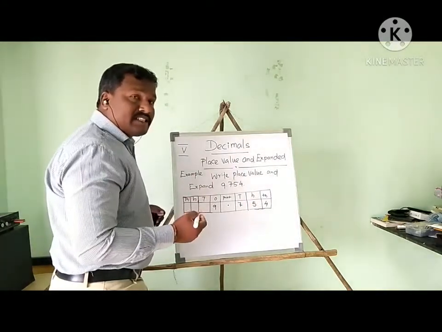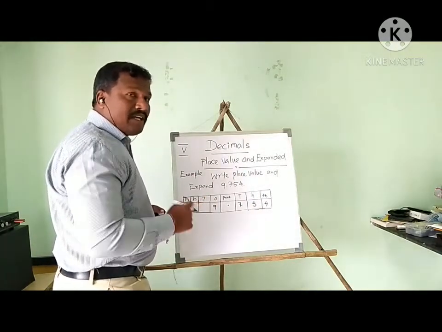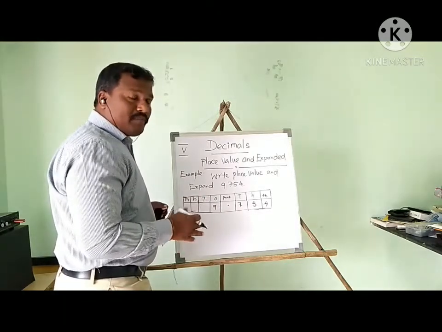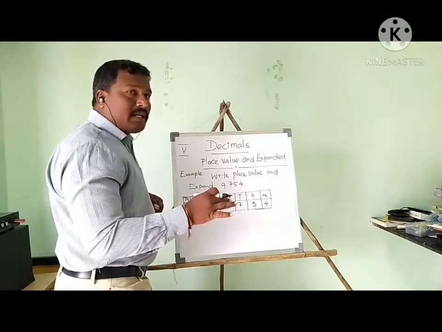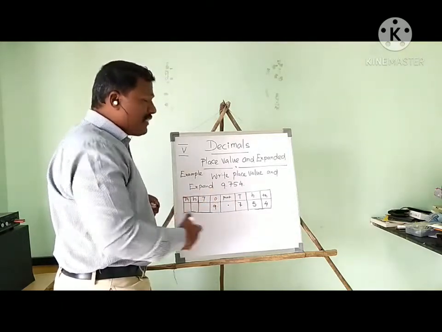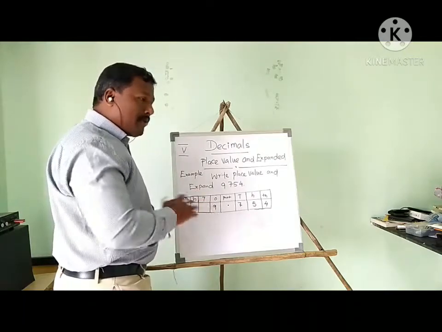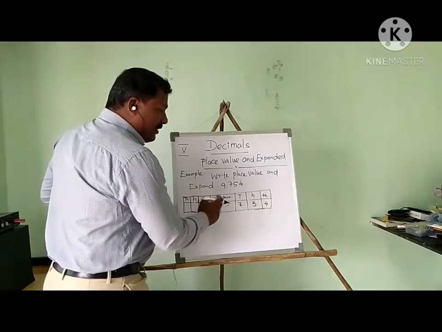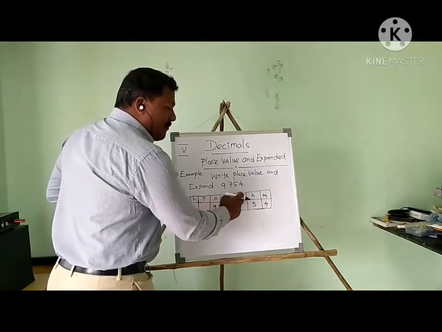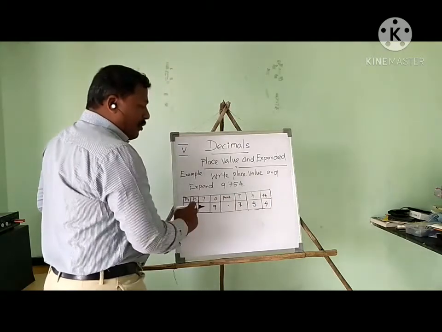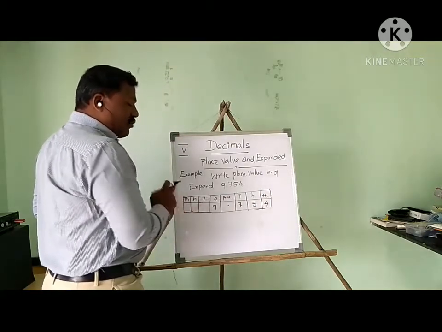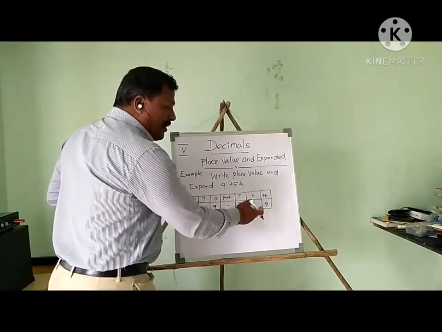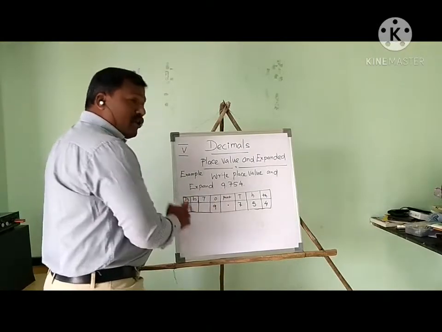We already discussed the expanded form of a number in the first chapter. You must remember that. The same procedure we already used for whole numbers, but now we are going to handle decimal numbers. That's different, but everything is the same. So this is the given number. This is the table, with the center point, then after it tenths, hundredths, thousandths. Then the whole part: ones, tens, hundreds, thousands. Okay. So after the dot we put the decimal part, and before the dot we put the whole part.